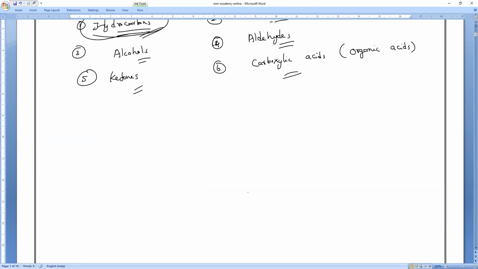All of you keep heading, everyone: Hydrocarbons. Keep in mind, hydrocarbons means only 2 elements have to be present in the compound, hydrogen and carbon. If any compound contains only 2 elements, one is what, everybody? Hydrogen. And another one is what? Carbon. That's all. So a compound made up of hydrogen and carbon only is called hydrocarbons.